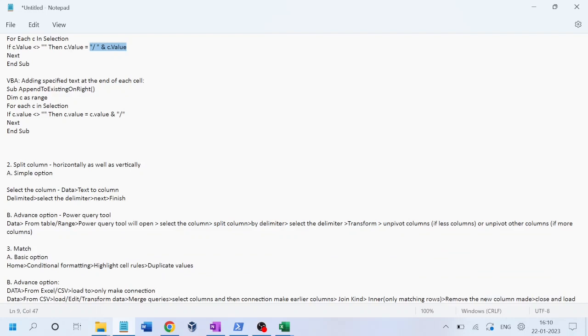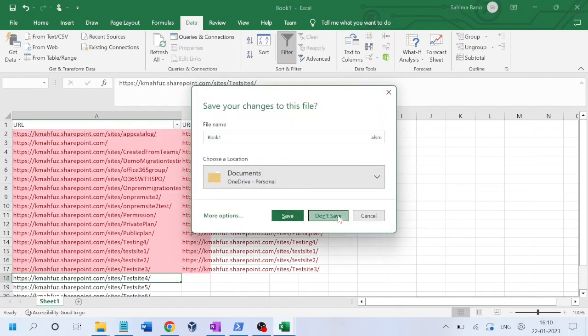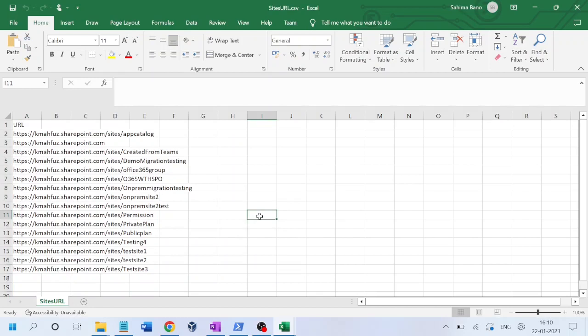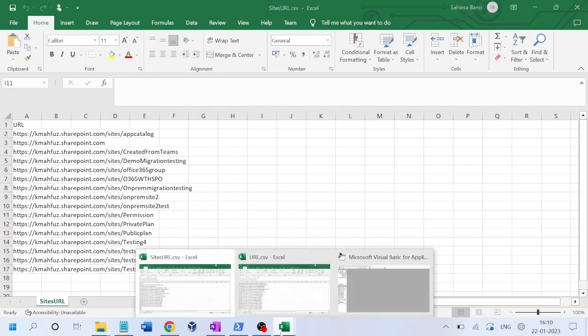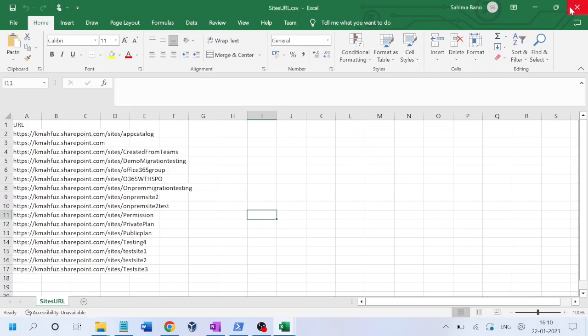Okay, so in the matching, this is the simple option that I've showed. So VBA, we saw Visual Basic for Applications, and the simple option of conditional formatting. If you get a lot of values, right? I have the sample size and the files that I have are less. Okay, so in this case